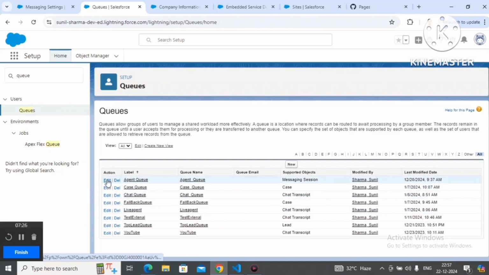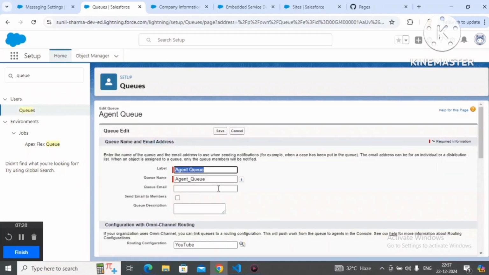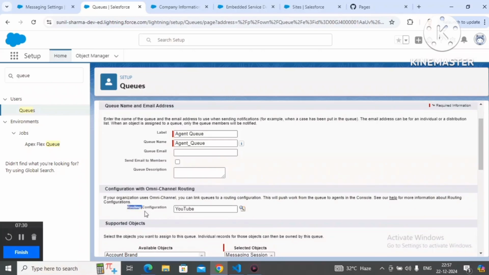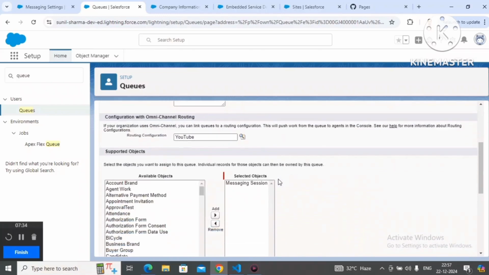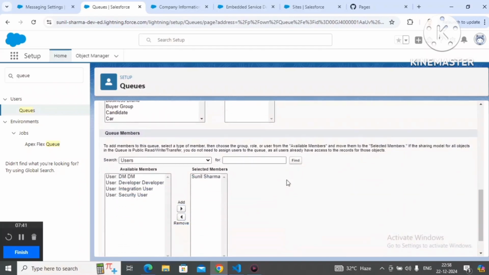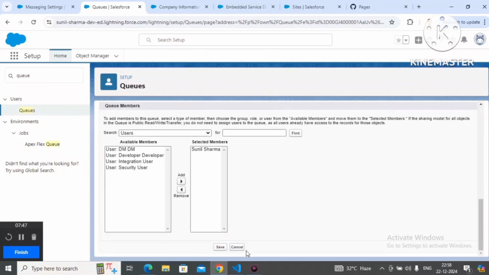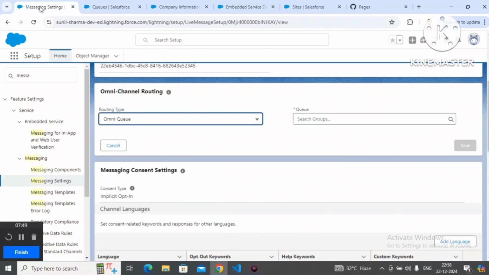Okay, agent queue, this is my queue name. Here I have provided my routing configuration. My routing configuration name is YouTube. I have to select my supported object, which is messaging session. So I have selected the respective agent, and in my case I have selected Sunil Sharma. Okay, I have saved. Now I will search that queue name,